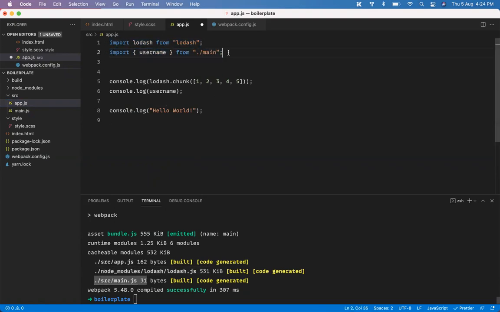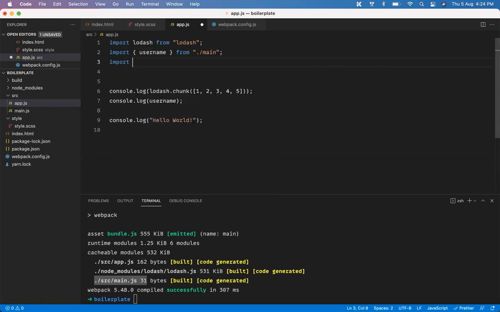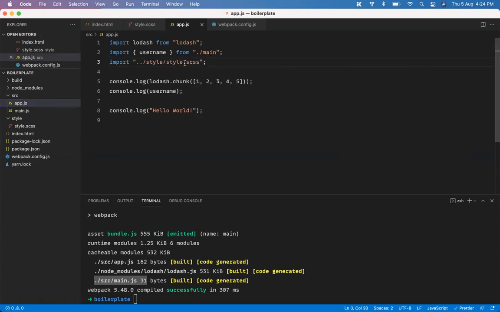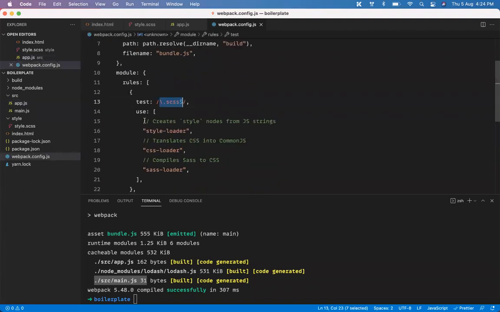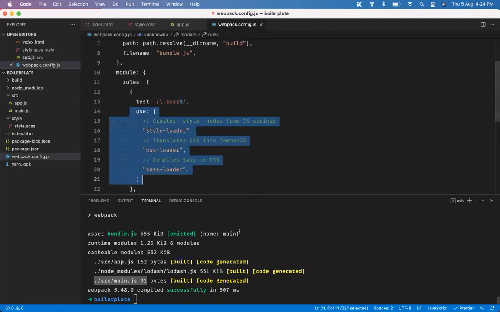What if, similar to this, I just say, go ahead, import style.scss? What if we tell it to also import the SCSS file? In our Webpack, we are saying whenever you see an SCSS file, these are the things that you have to do. So let's see if it is working or not.